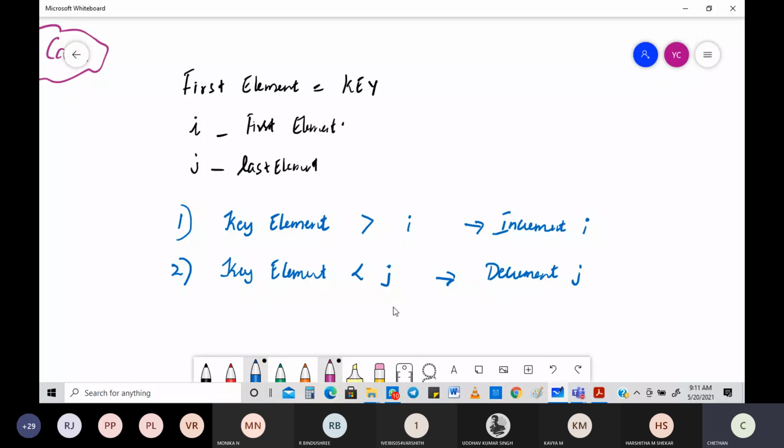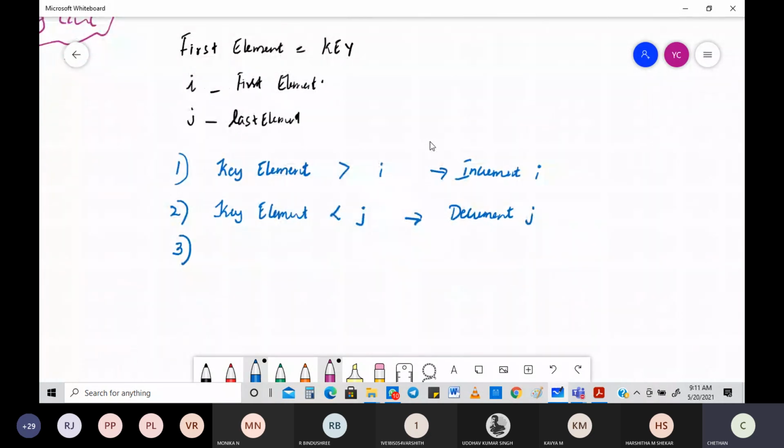Key element, be careful with the terminologies I'm using: increment, decrement. You should not be in a position where you don't know what increment and decrement are. So that is something you have to keep in mind. What is the thing to be kept in mind? The key thing to be kept in mind is what are the things to be done and what are the things to be done next.